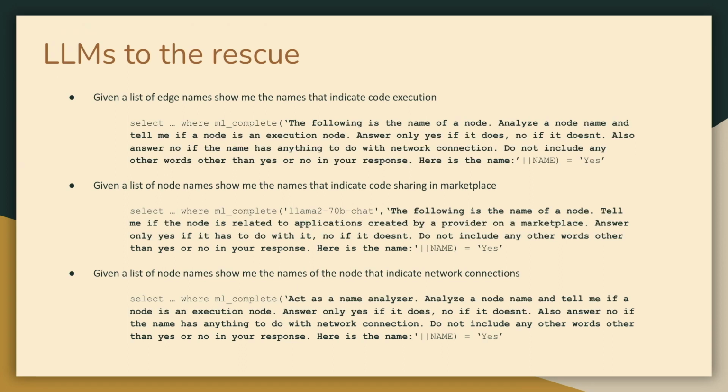So basically, given the name of nodes, answer only in yes or no, and tell me if a node indicates code execution, right? And similarly for nodes or edges that can show if code is shared on the marketplace, or for network connections, for example. So boiling that down to a yes or no turned out to be the key, because then we could actively check in where conditions if it's true or not, all right? So that's more or less how